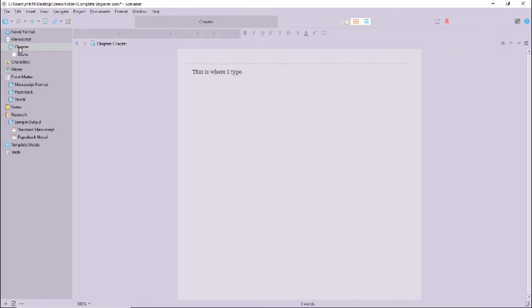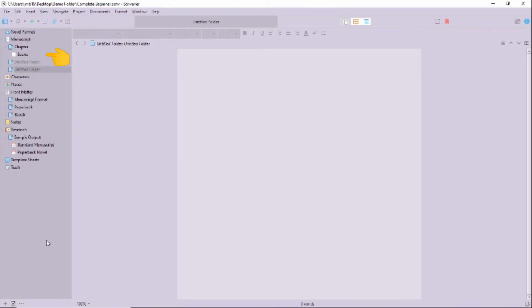As a general rule, folders, which are in blue here, are used as chapter containers, and text documents as individual scenes. Let's create a few more of these so you can see how it works. Click onto the folder, then move your cursor to the new folder icon in the bottom left of the screen and click on it. You will see a new folder appear in the binder, below and at the same level in the structure as the one you had selected.